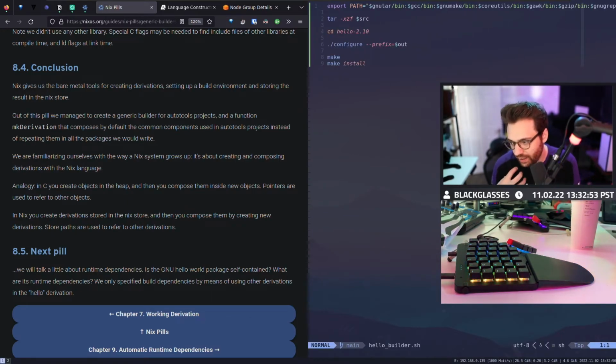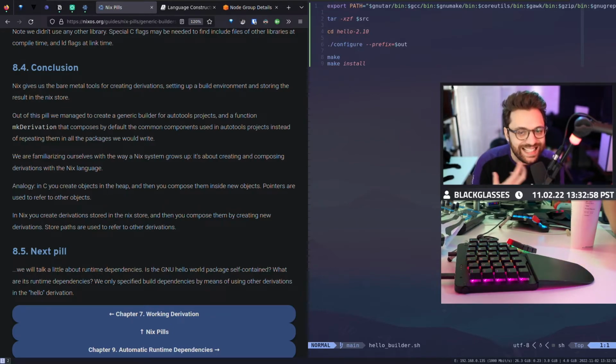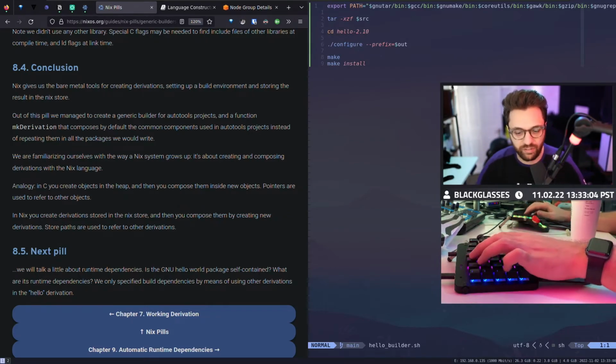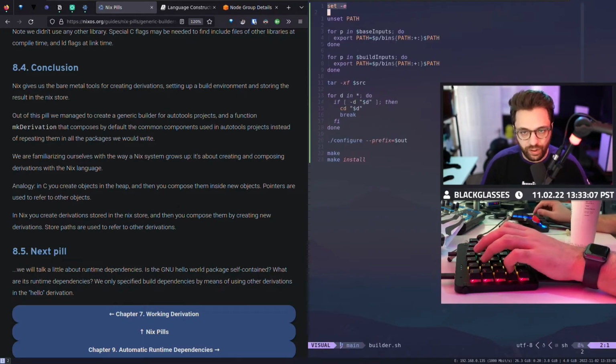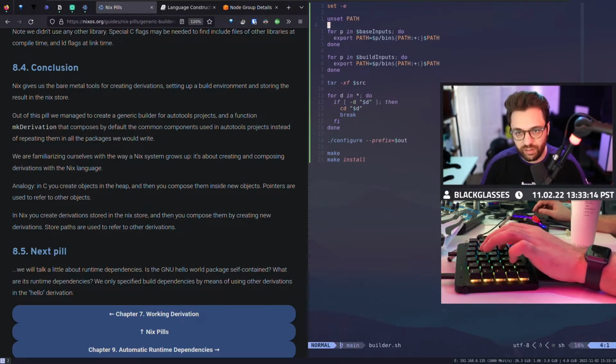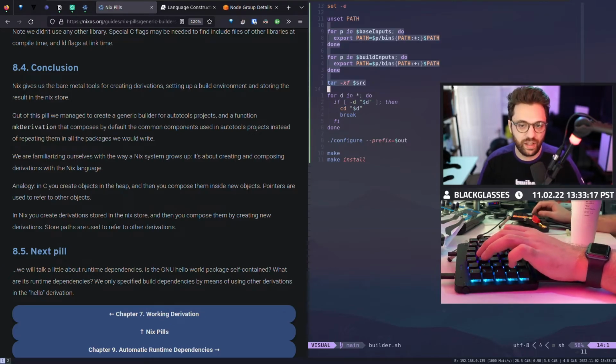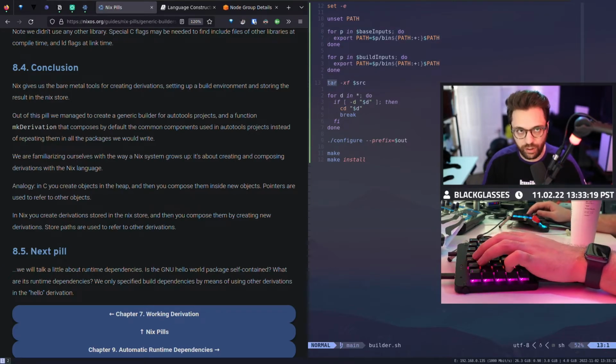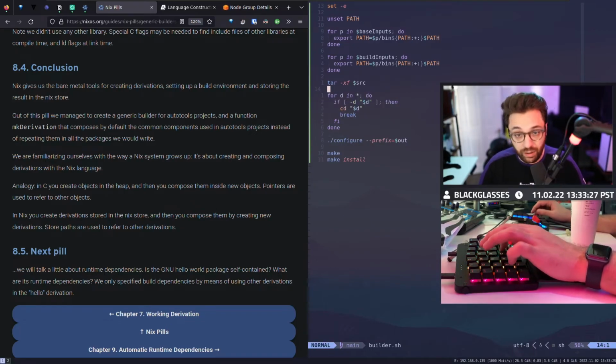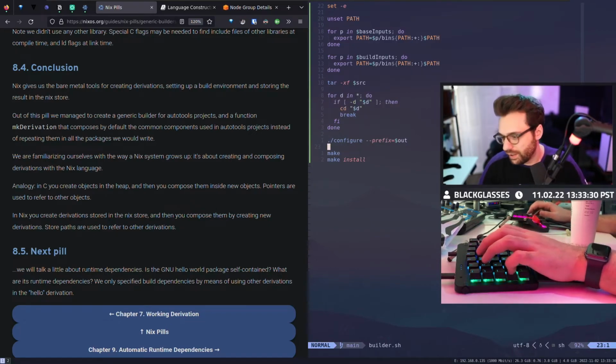And then we said, okay, cool. Now that we've got that, how can we take our next step by making it so we can build any C application that we make with similar utilities, similar steps, and we're going to call that our builder.sh, right? And we made it a bit more dynamic, where we can have multiple build inputs. We can then decompress it, unzip it, the same way. But then cd into a random dynamic directory and then configure it and make it, right?